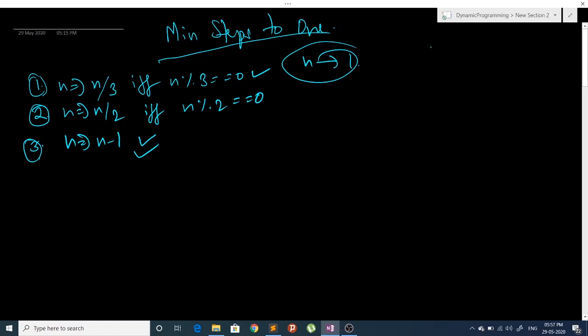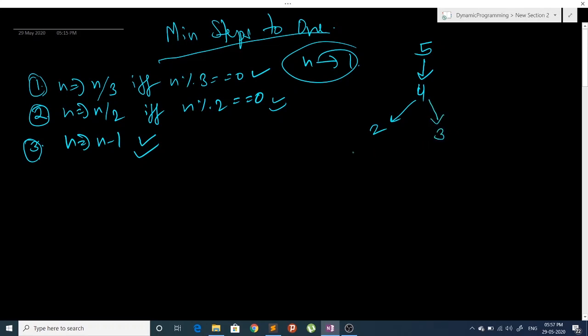So for example, let's say we have 5 and here we have only one option, which is we can reduce it to 4. Now 4 is divisible by 2, so we can reduce 4 to 2. So we can divide 4 by 2, or we can reduce 1 from it and make it 3.